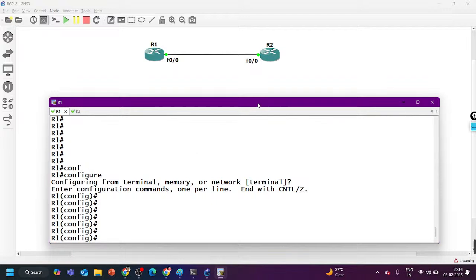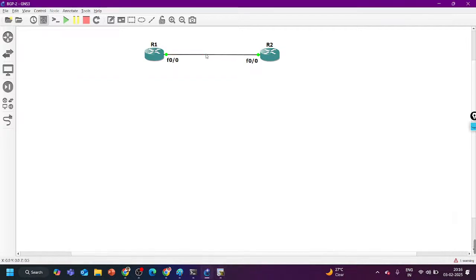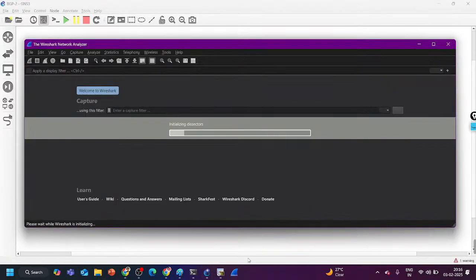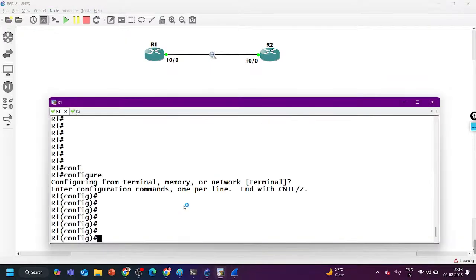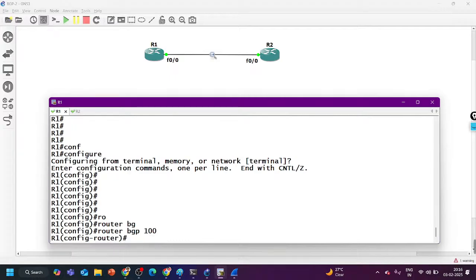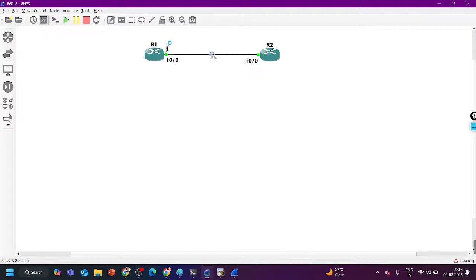Before enabling BGP, I'm going to capture the link. Okay, and now let me enable BGP here. Go to router 1 and say router bgp 100. Let's say I'm going to configure EBGP. AS number 100 on router number 1. Here IP is 12.1.1.1, here IP is 12.1.1.2. The AS number on router number 1 is 100, and the AS number on router number 2 is